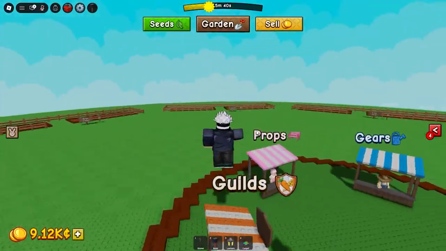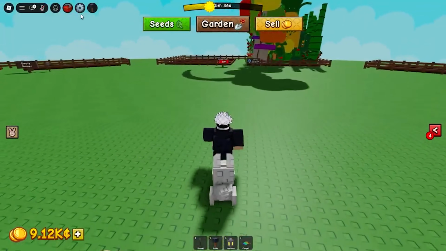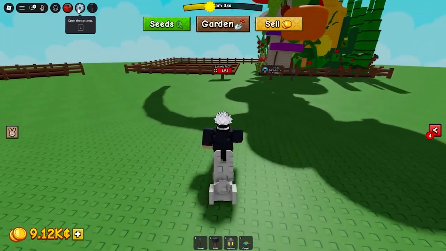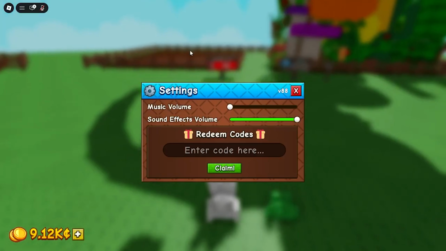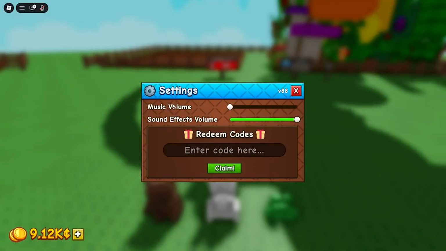Now, first things first, once you're in Grow Garden 2, what you need to do is actually look up in the top left. You're going to see a little settings gear icon right there. Go ahead and select it to open up the official game settings. Now, there's actually not that many settings on here. There's really only music volume and sound effects volume, as well as the area to enter in codes, which,